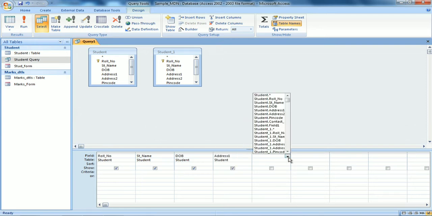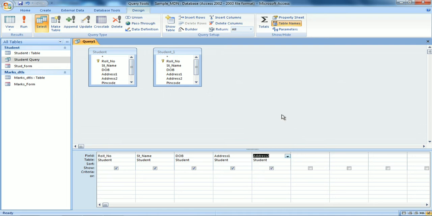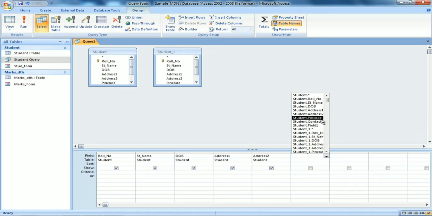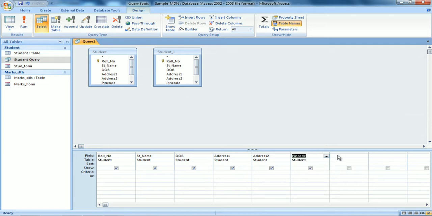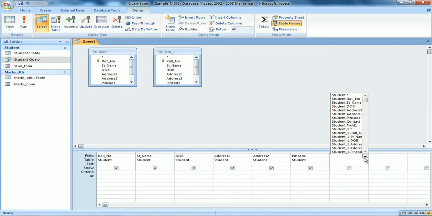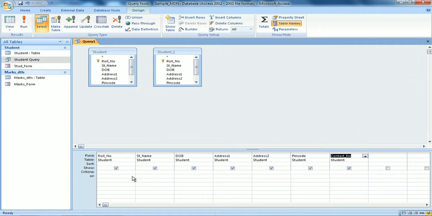Address 2, table student. Pin code. Contact number. So as I have selected, all these fields are automatically ticked, which means it will show. So now these are my records.